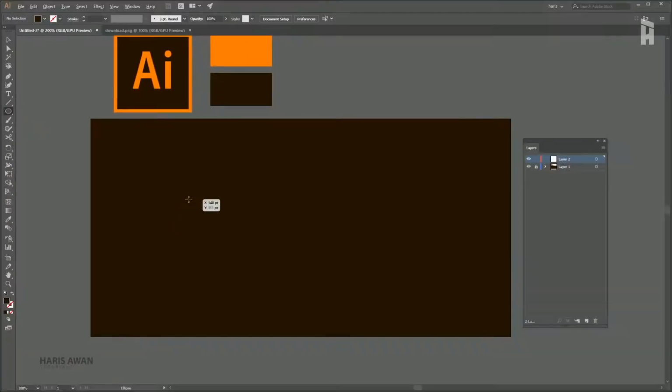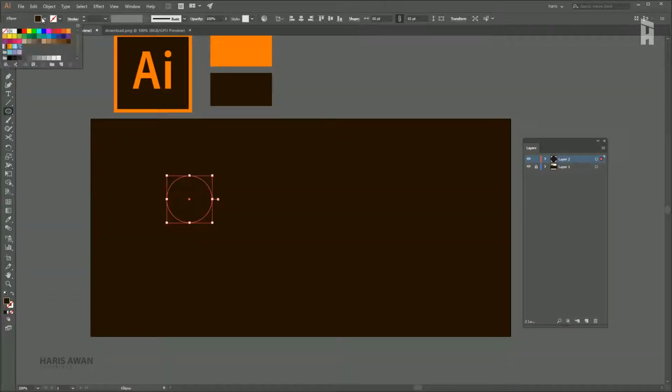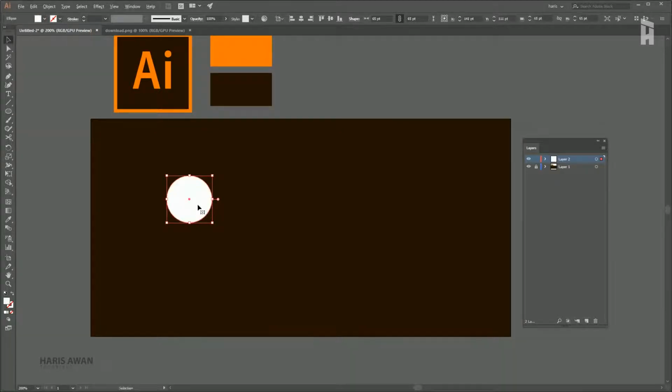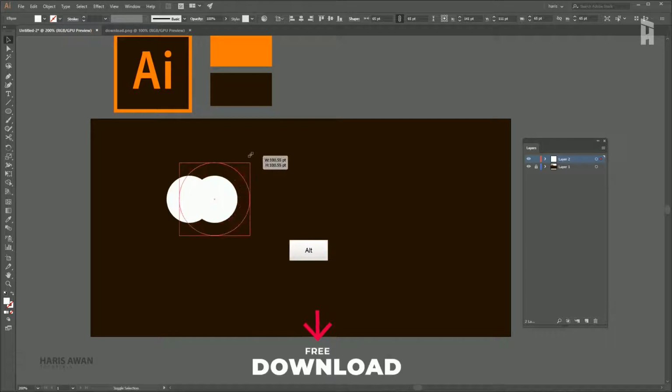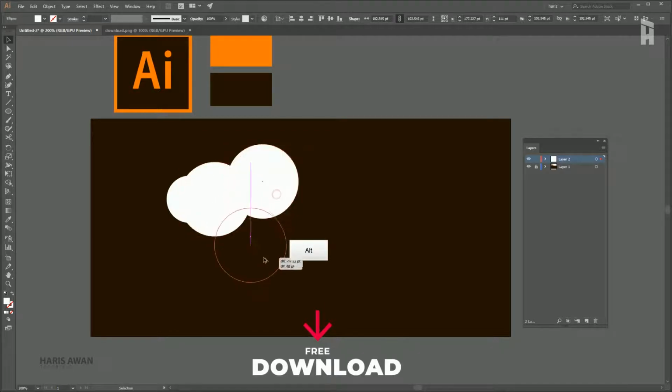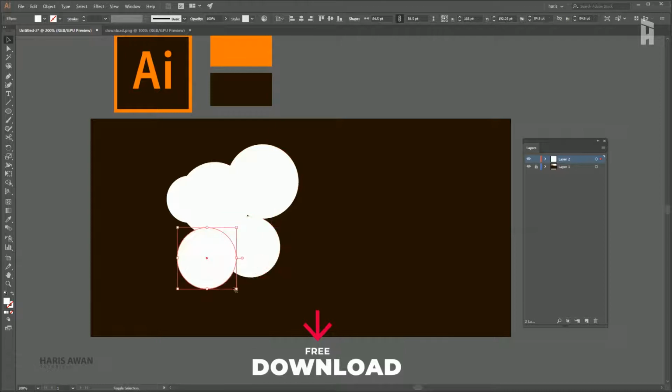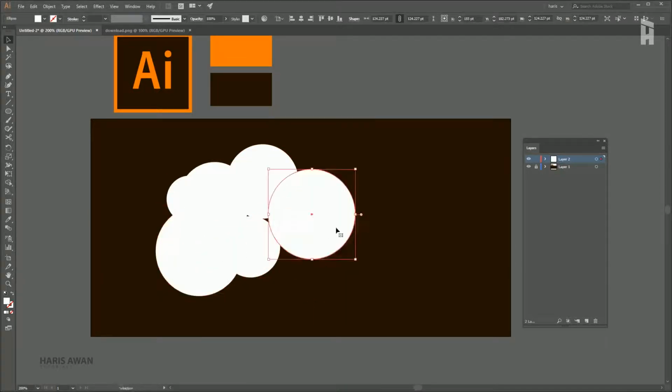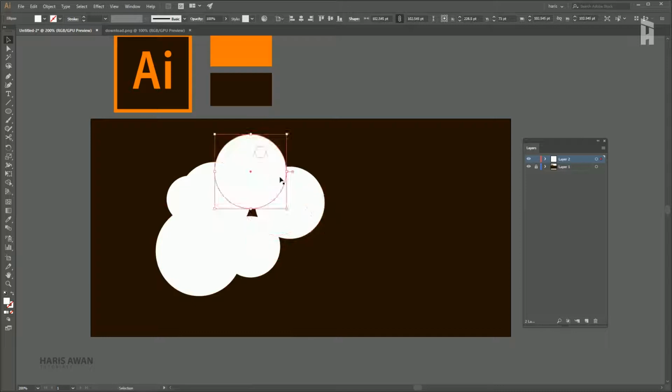or here we can see the ellipse tool under the rectangular tool, and create a proportional circle by pressing Shift and Alt key to create a proper circle. And see this little color icon here and change the color, and I am going with white color because it's seen visible, and create 5 to 6 copies by pressing Alt key or Option key on a Mac. Something like this. It is not necessary to copy exactly the same shape.